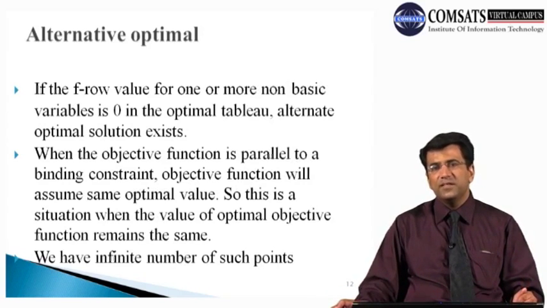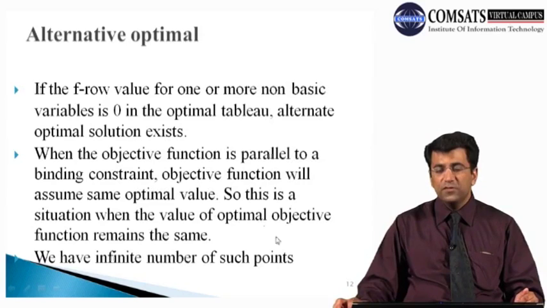Sometimes ایسا ہوتا ہے اس graphical method میں کہ this objective function line becomes parallel to any one of the constraints. اگر یہ سچویشن آ جائے کہ آپ کی جو آبجیکٹو فنکشن لائن ہے وہ کسی بھی کانسٹرینٹ کے پیرلل آ جائے, so this is the situation of that alternative optimal. اس کا مطلب یہ ہوگا کہ آپ کے پاس جو کانسٹرینٹ کے اوپر جتنے بھی پوائنٹس ہیں اس لائن کے اوپر وہ سارے آپ کے optimal solution ہیں. So all the points which are available on this sort of a particular constraint may give you the optimal solution.